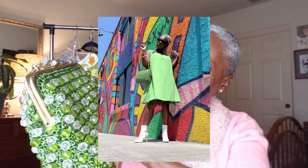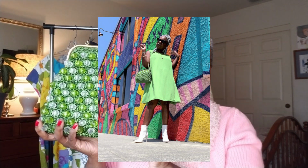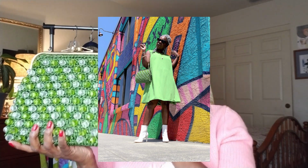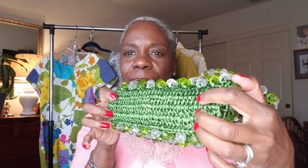So the next item is one of my fun items that I got from eBay. Bam! This is so cute. Oh my gosh, I wore it on the blog and I dressed it up in a very 1960s go-go kind of style with white boots, a green dress, and then I had this purse. I love this purse. Oh my gosh, look at the beading detail all the way around, and it even has the little knobs at the end so that when you sit it down on the table, the bottom is not touching the table. And it has the kiss lock,